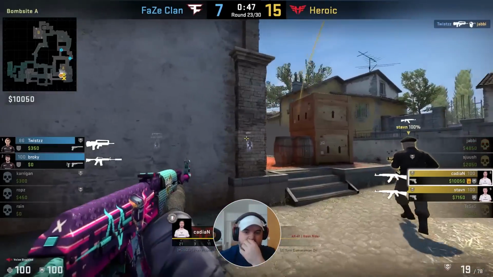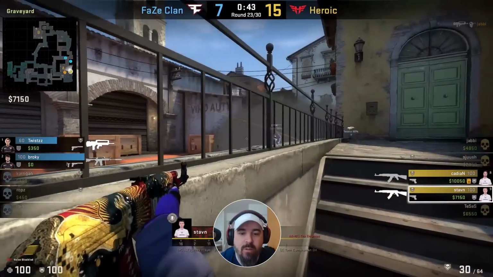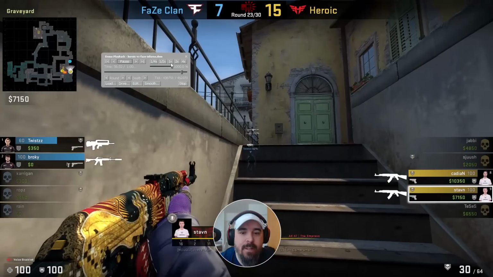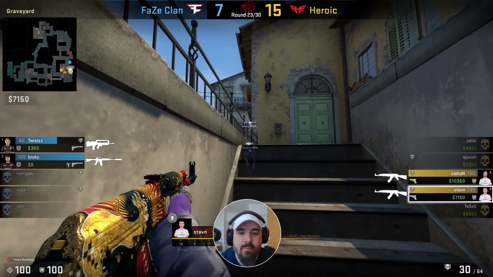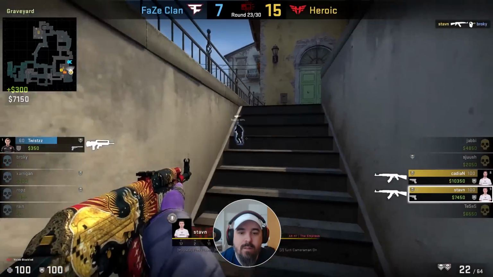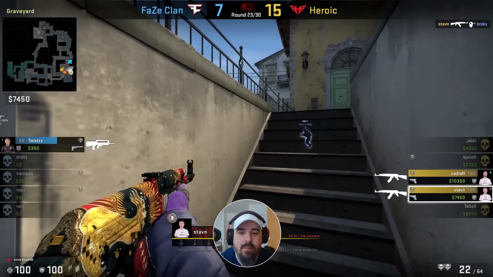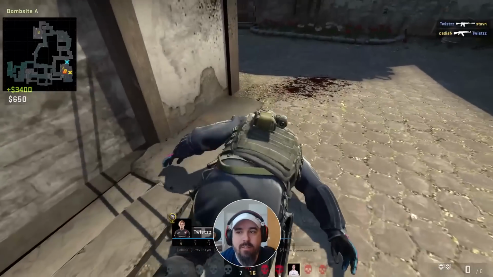You have 2 smokes, Twist hits a good shot on Yabi, but it's still 2v2, very difficult to retake. And yeah, it should be it. They're playing it safe, nobody's repicking, nobody's ever extending. Okay, Stam did, but they picked together. And this is over. Like, this is over,